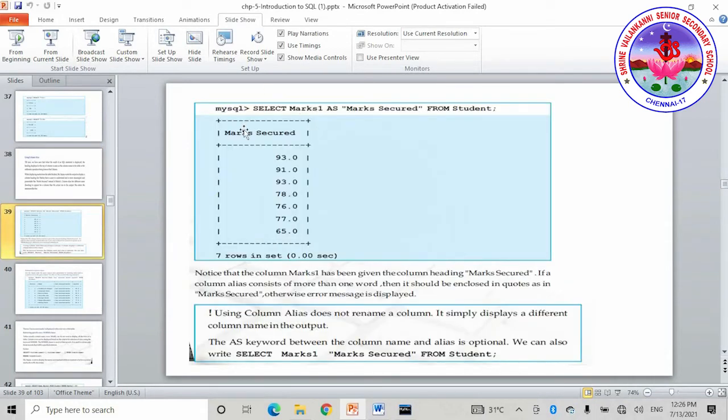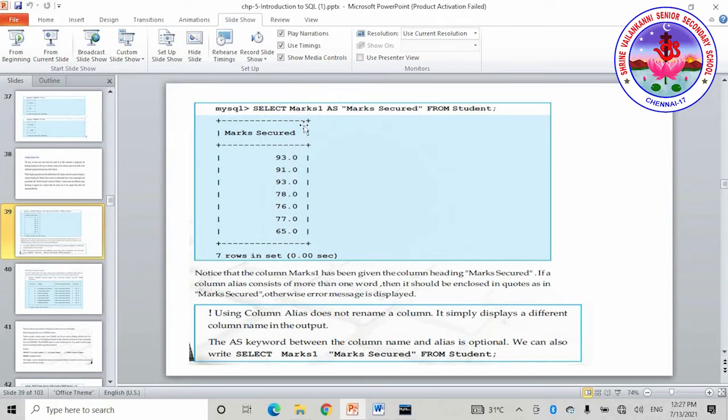So if you see here, select marks1 as marks secured from student. To work with this column alias, we will be using the AS keyword. Instead of the AS keyword, if you just leave a space in between, it will work in the same way. So here, select marks1 as marks secured.